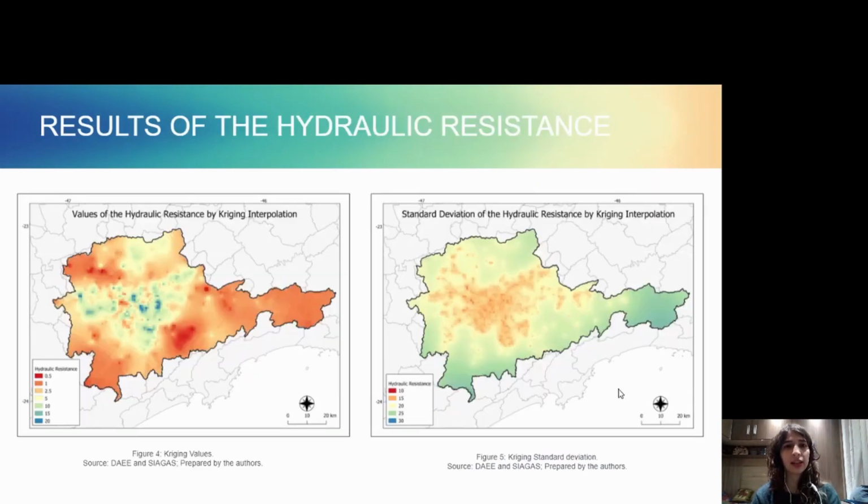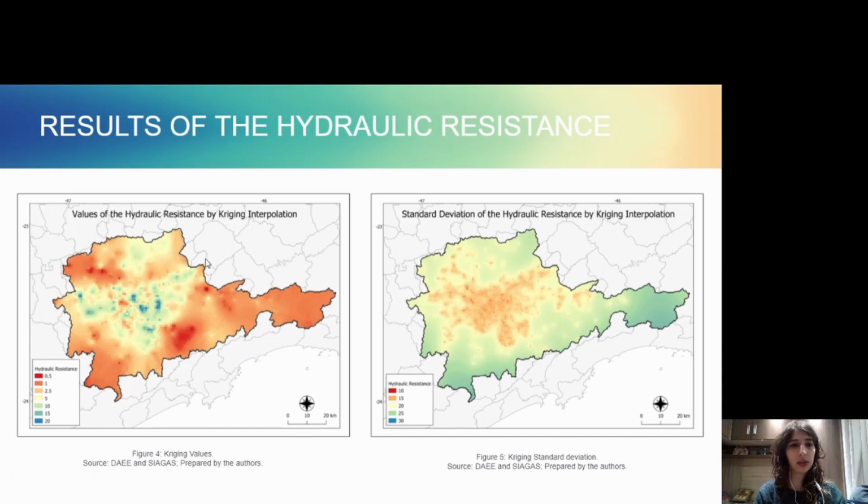And finally, we can see the result of the hydraulic resistance by Kriging interpolation. On this first map, we can see the colors on the area, the Upper Tietê Basin. Remember the table that I mentioned before: the very high vulnerability is 0 to 10. So all this color, red, orange, and yellow, represents a very high vulnerability of the aquifer.